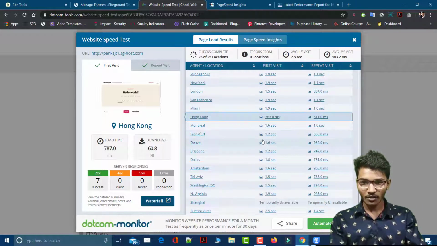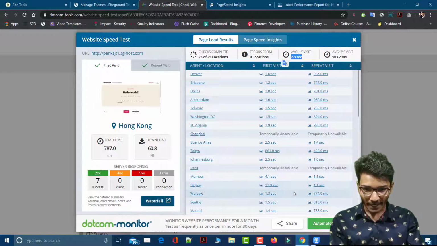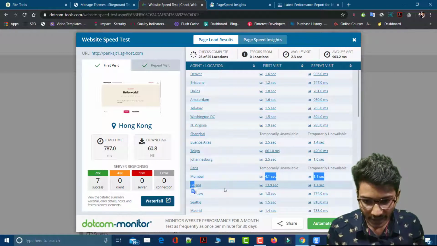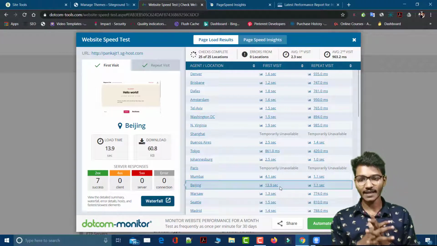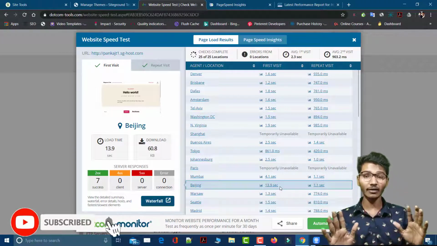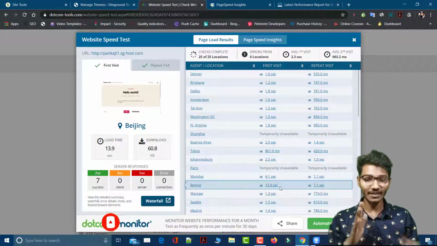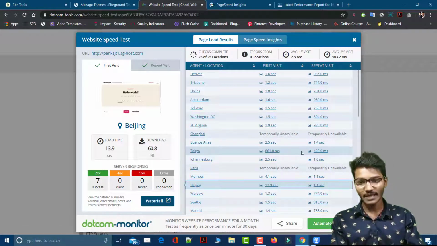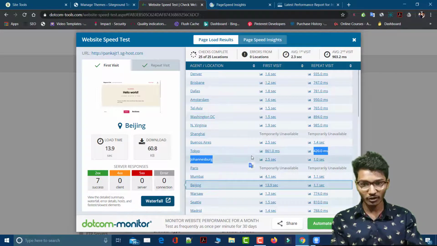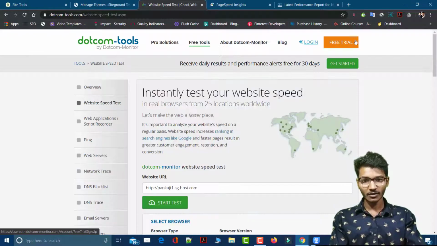Okay, so now approximately our tests have been done, and the average speed is 2.3 seconds. The worst speed is from Mumbai and from Beijing, China. China has 13.9 seconds as the page speed, which I don't recommend as good, but that's okay. This is not the real speed. This is just a speed test. Tokyo has 861 milliseconds, that is within 1 second. In Tokyo, the site is loading within 1 second. So that's the final speed test.